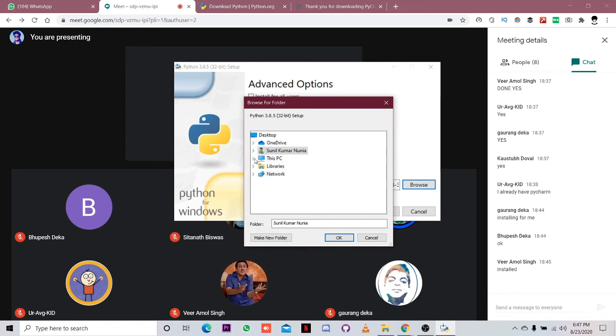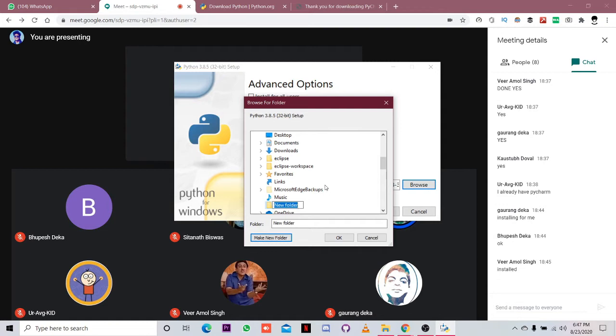Now we click on the PC, and we go for the drive where we have stored our operating system. Generally it is stored in local disk C. Now here we have to make a folder. Click on it and make a folder called Python, whatever version you have installed.